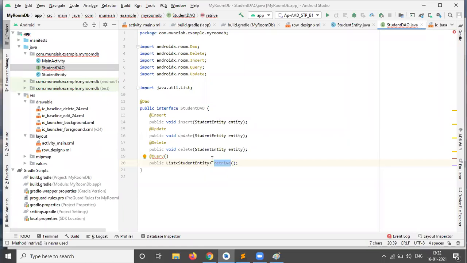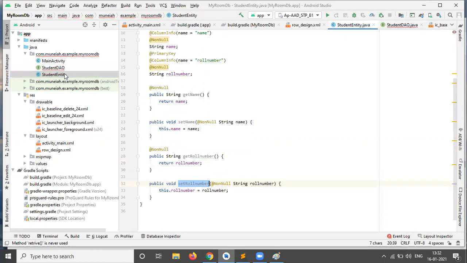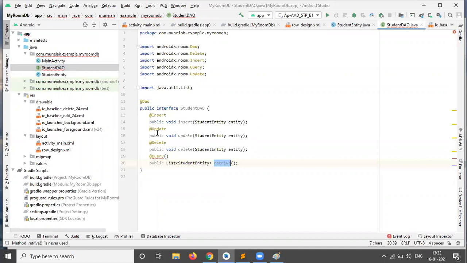Sorry, we didn't give the table name here in the student entity. I will come back there. Not an issue. So inside this query, we need to call select star from.